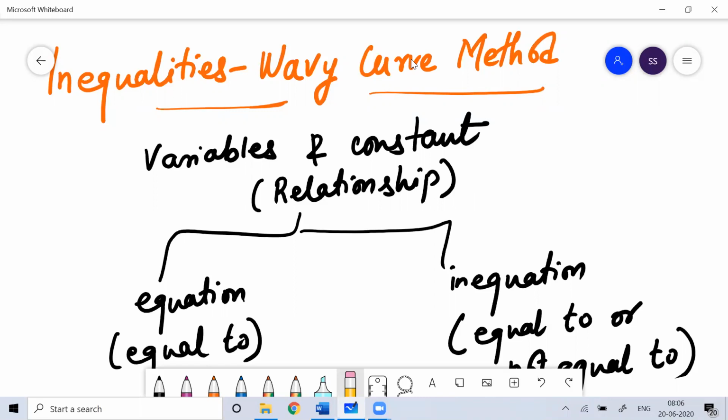So guys, understand that learning sets, relations, functions and inequalities is very important because ultimately they create a foundation for your calculus. These are prerequisites for working on calculus. When we talk about calculus, we are trying to understand a very important relationship, and that relationship goes beyond equality. Till now in mathematics, we have always solved questions in the form of equality. It means LHS is equal to RHS.